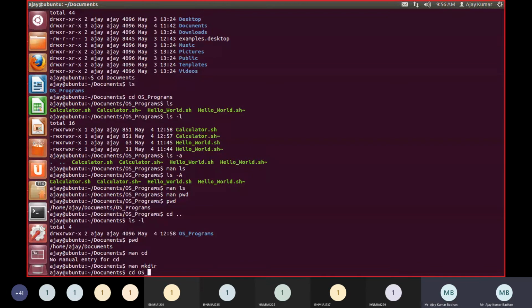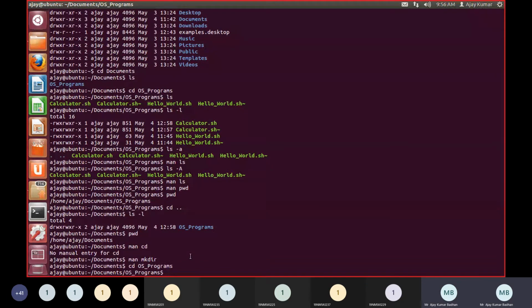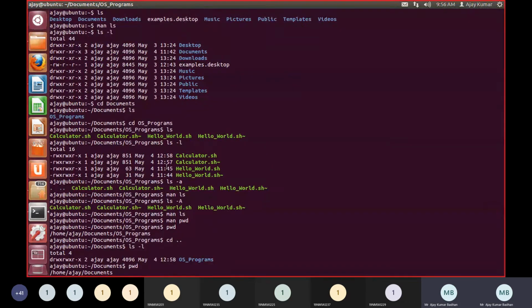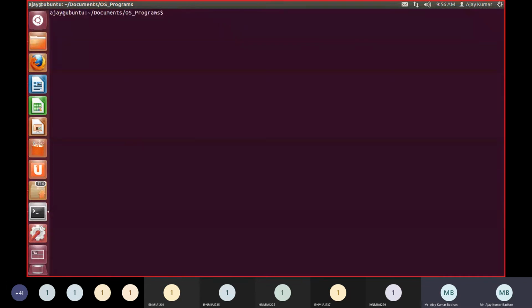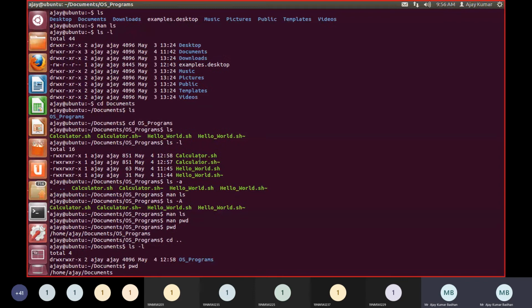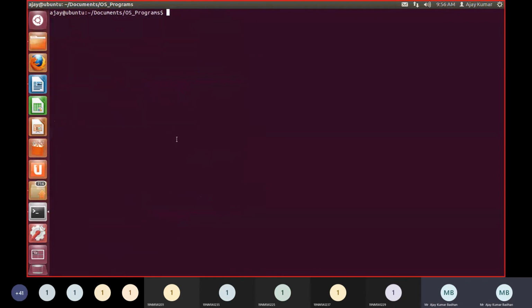Now, since it has become too clumsy, you might be finding it difficult to see all the information I'm typing in there. So here the command we are going to use is clear. The command we are going to use here is clear, and when you click on this you can see that everything is vanished. So clear is nothing but it will just vanish.